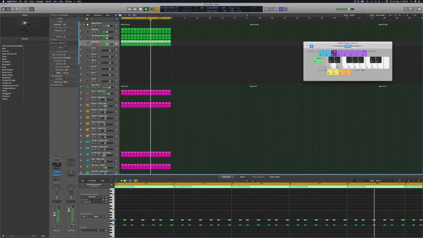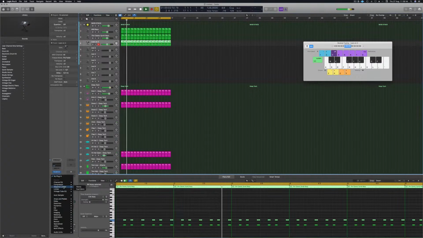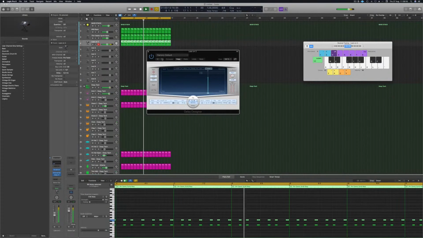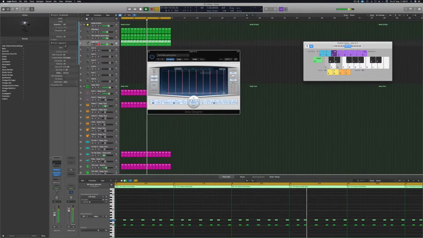Then what I will do with these is definitely, I'm tempted to sidechain them, but I'm not sure. I think I'll sidechain the result. So I'm gonna introduce right in there as an insert, really, delay. So I'm gonna use Delay Designer. Usually I would use some Waves, something a bit funkier, but now we're only into Logic plugins, so